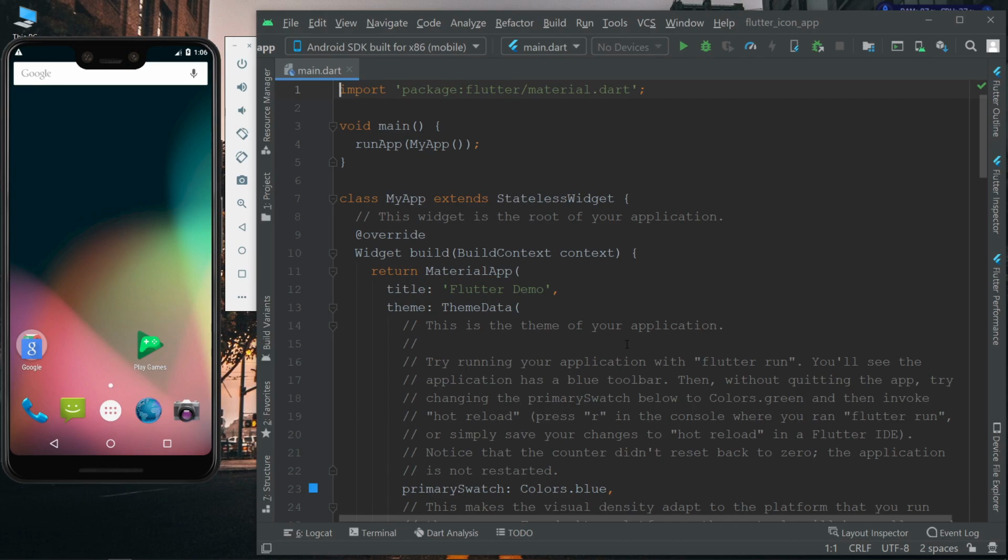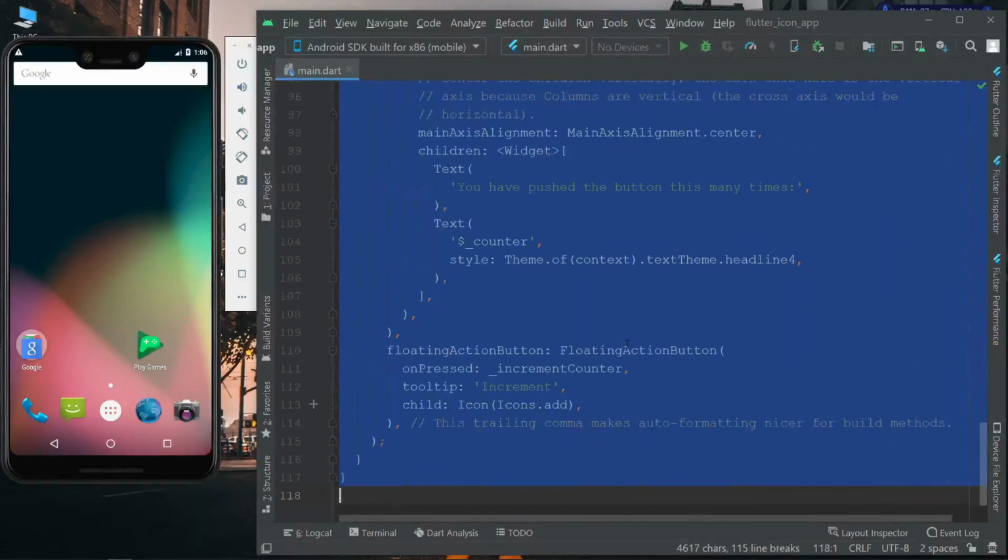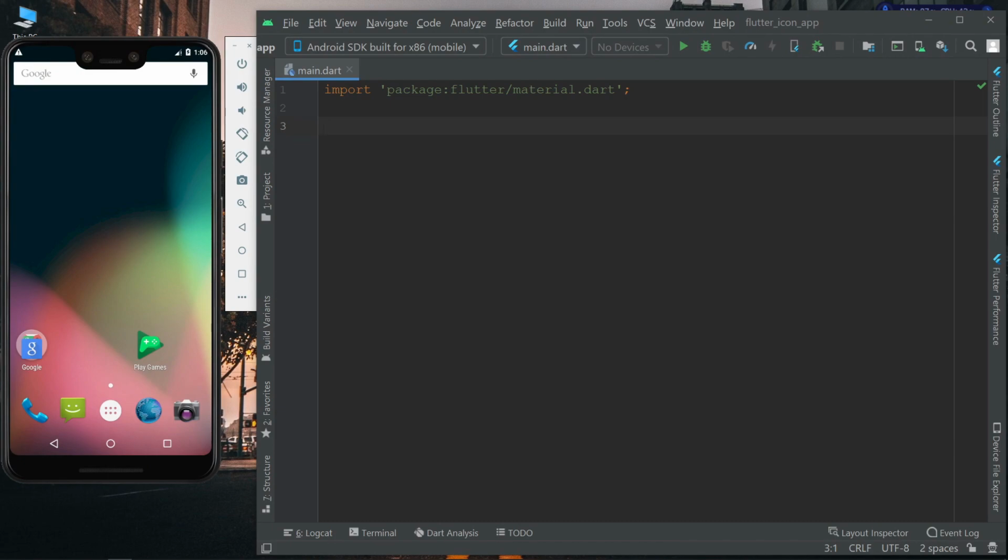Now we will remove this and create our own functions and methods. The first one is void main, runApp, MyApp.